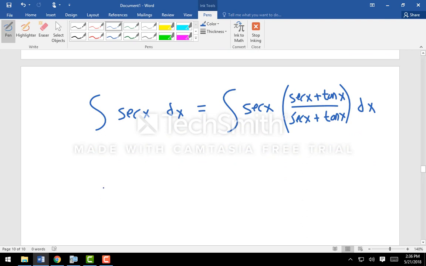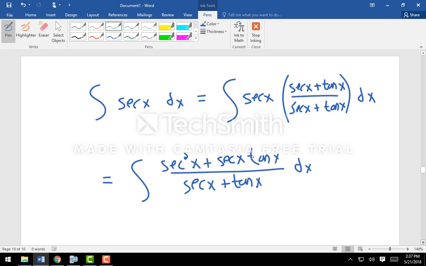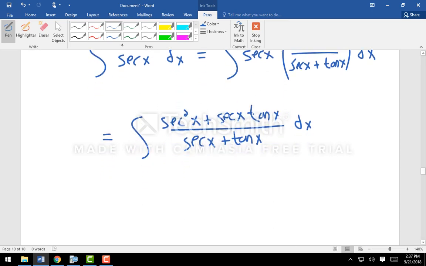So the advantage to what we just did there, which I agree isn't necessarily obvious, let me distribute the secant into the numerator. So I'm going to have secant squared of x plus secant times tangent, and then we're going to divide by our secant of x plus tan of x. So the cool creativity of multiplying by the number 1 is I'm going to let u equal the entire denominator, secant plus tangent. Notice the derivative of tangent is secant squared, and the derivative of secant is secant tangent. Right? So if I let u equal the entire denominator,